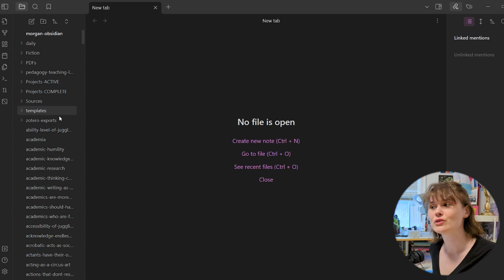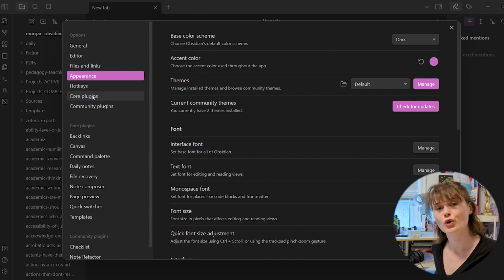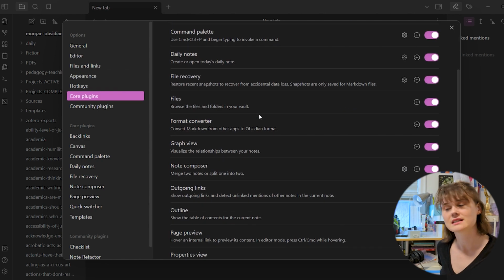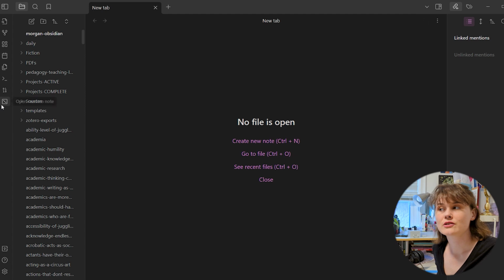Okay, here we are at my computer desk, and we're going to take some random notes. First though, we need to make sure you know how to install the Random Note plugin. So here's my Obsidian. If you go down to the bottom left-hand corner of Obsidian into the settings, and then go down to core plugins, you can find, in alphabetical order, all the core plugins. We're gonna turn on Random Note, and that is going to open a random note to rediscover or review, which is exactly what we want. Once you've got that turned on, there's going to be a new icon on the left of your screen, which is a little die, and when you hover over it, it says open a random note. That's all we need to get started on this work session.